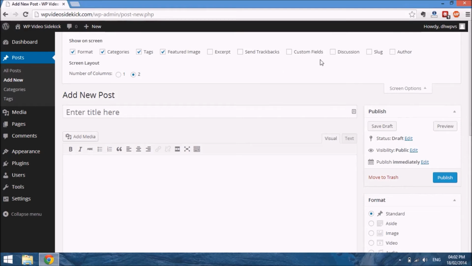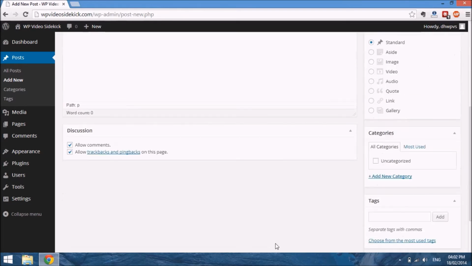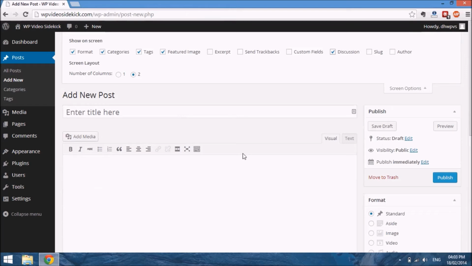And there are some additional options here that you probably do want to tick, such as the discussion box. What that will do is allow you to control comments and trackbacks and pingbacks on your posts. Okay, the next thing we want to look at is the title. Of course, you'd want to name your post, and remember, based on how we set up our permalinks, the name of your post will appear in the URL. Okay, and you do have the option to adjust it, and I will show you how to